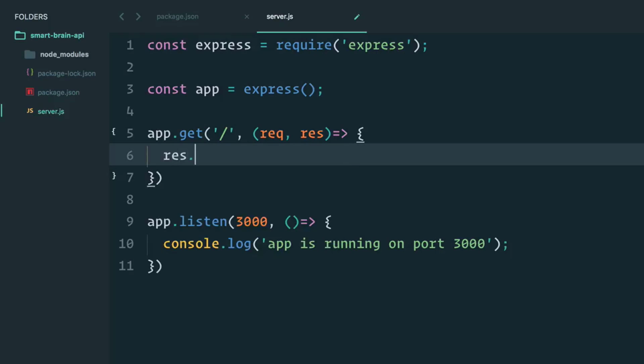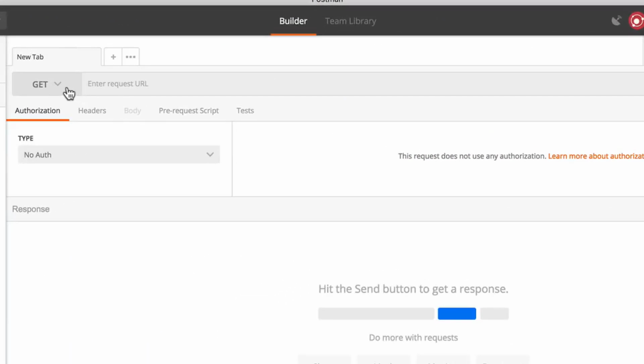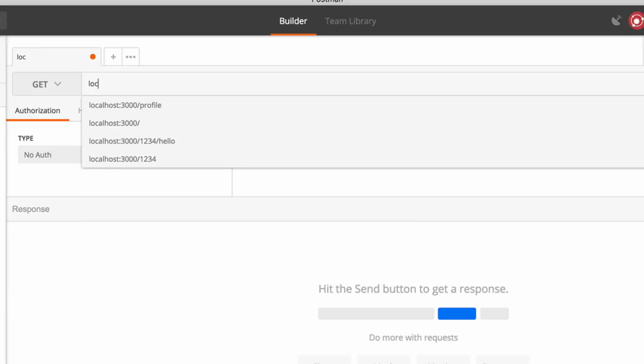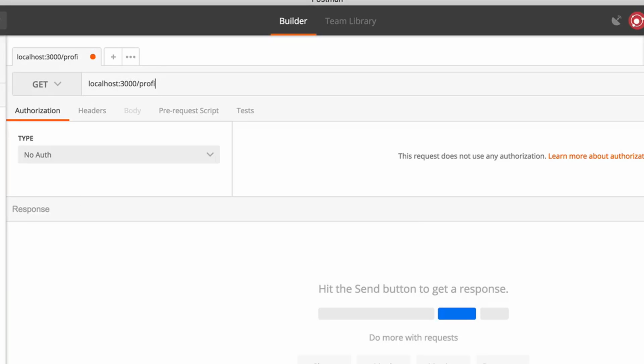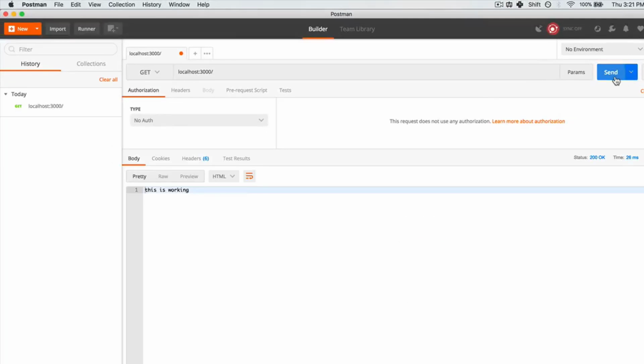And in here, we'll just do a response.send "this is working." Let's save and go back to our Postman and do our localhost 3000, and we'll just do a root. And we get "this is working"